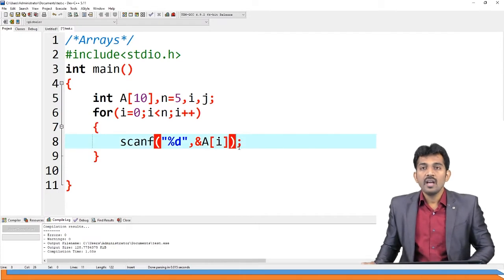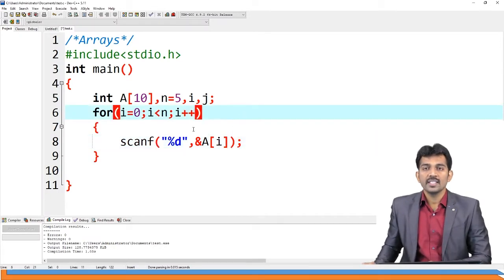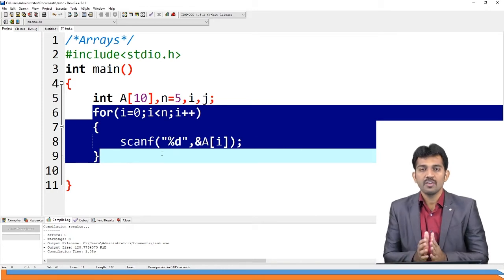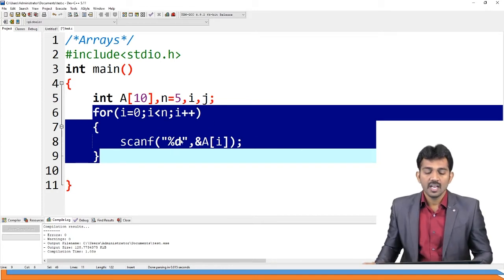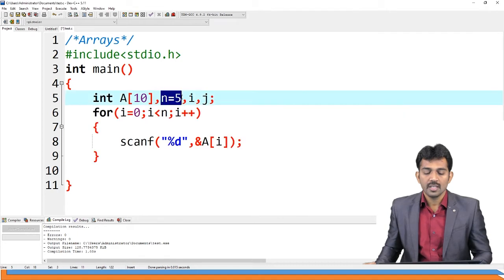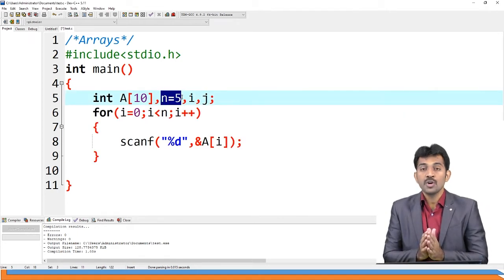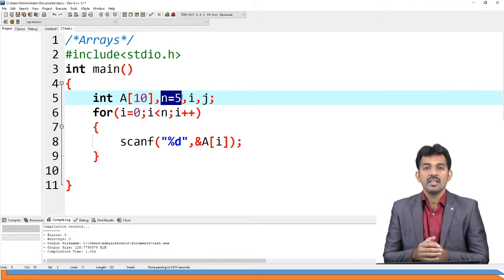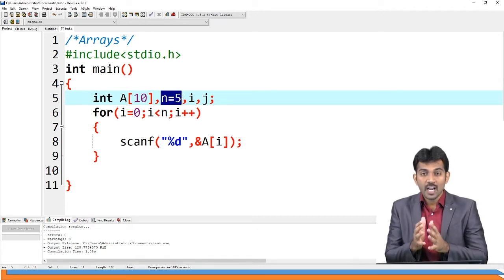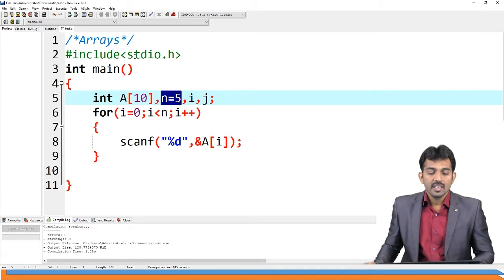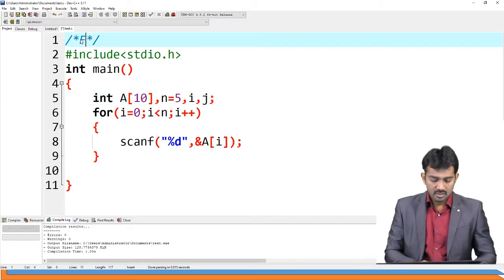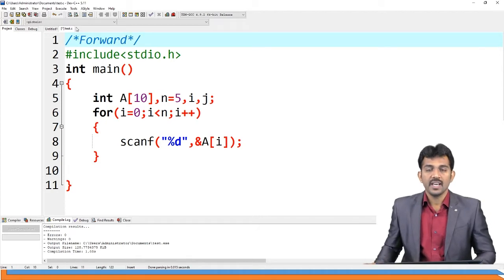See, I already wrote the code. This code contains 10 elements. So this is the data I'm going to read from the input, right? And here I'm going to take n as the input. N is the input, say 5, which means I'm going to read 5 elements, but the size of the array is 10. Here my task is to read the 5 elements from the input and traverse them in the forward direction, right? Array traversal in the forward direction.